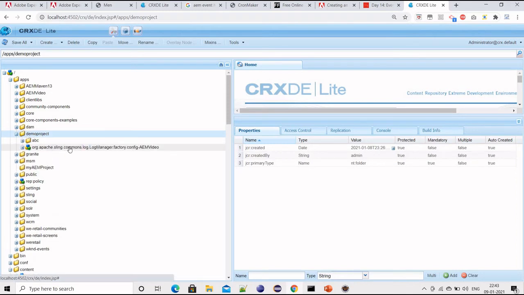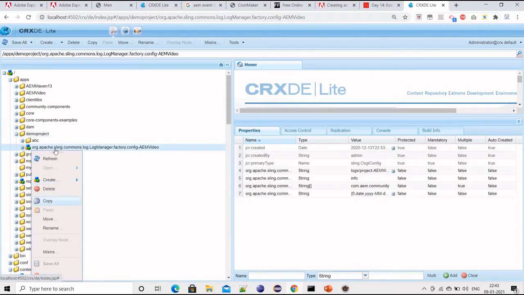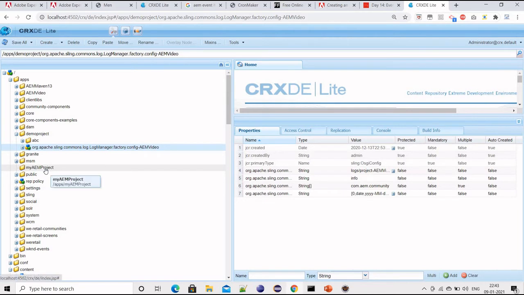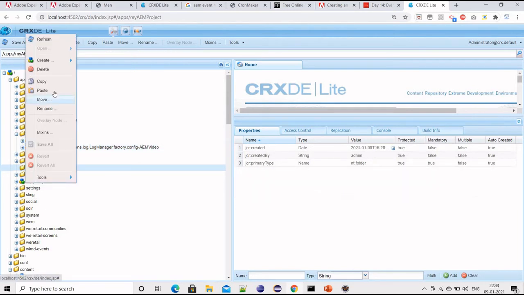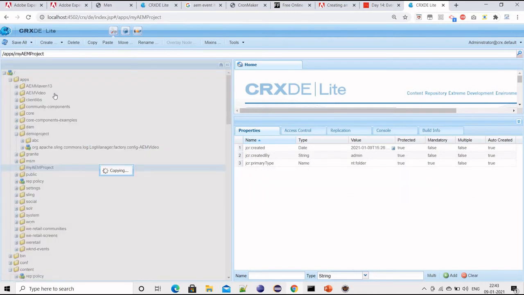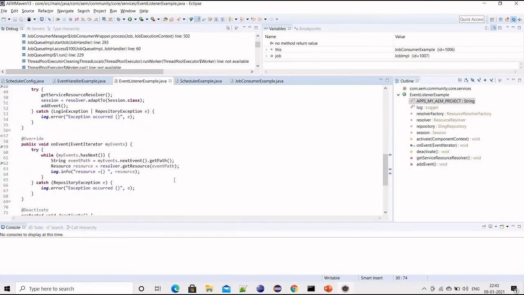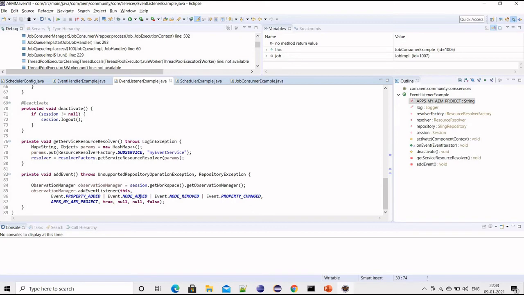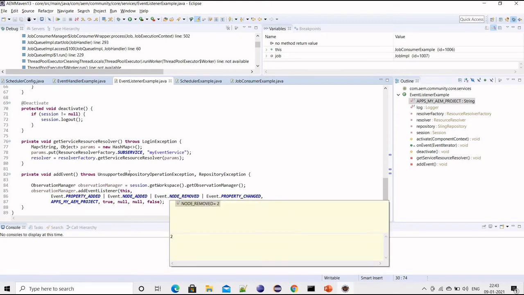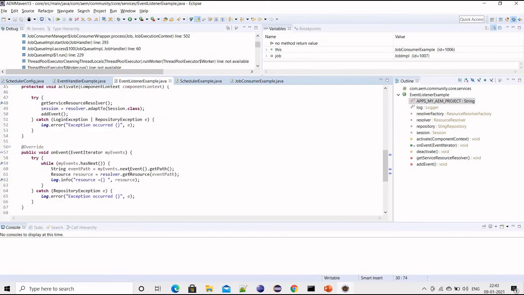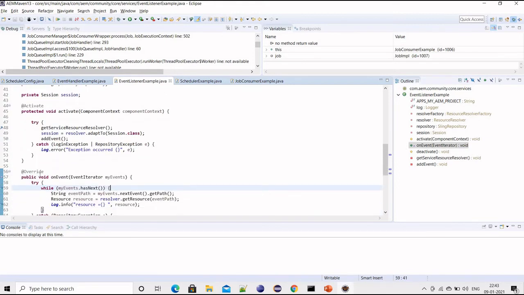Let me add this. This is also a node, right? So I will just copy paste it. It should be invoked, because I have written that if any property is added or node removed, my event should be invoked. But I don't see it here. Maybe I'll just wait.